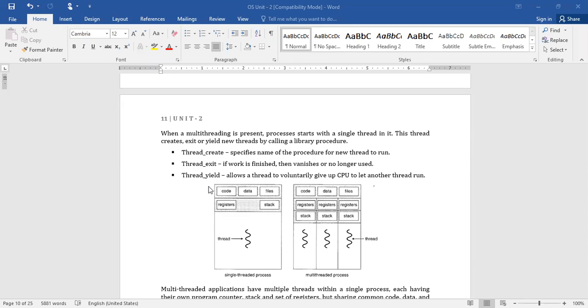Very soon we'll see the thread scheduling also, how the threads are going to be executed, right? In that, we will elaborately discuss in what way the threads are going to be executed in the CPU. Until then, just be clear on what exactly the process is, what exactly the thread is, and what the connection between these two is. These three points you should clear.